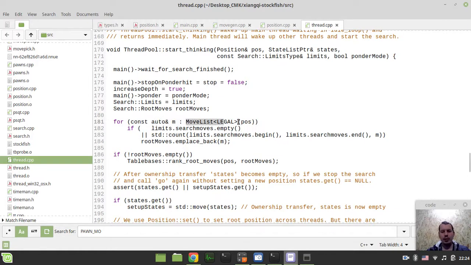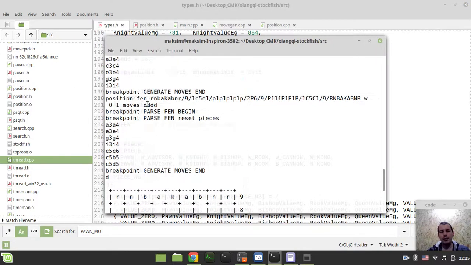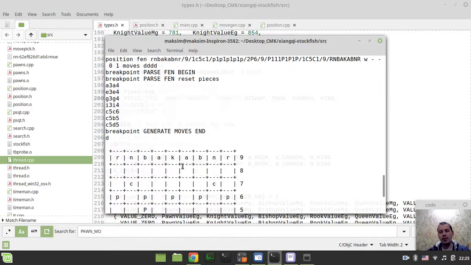So we generate the moves, and then we ask whether the move the user has entered is available within the current move list that has been generated, and if so, then it allows making a move on board. But I'm not doing that at the moment. I'm just using this as the shortcut to run the generate moves routine. So that's the reason why I go for this position startpos or position fen and then moves, and then it just starts